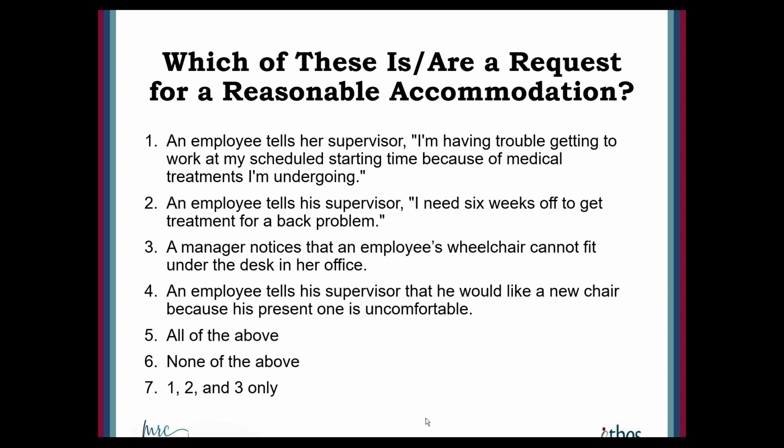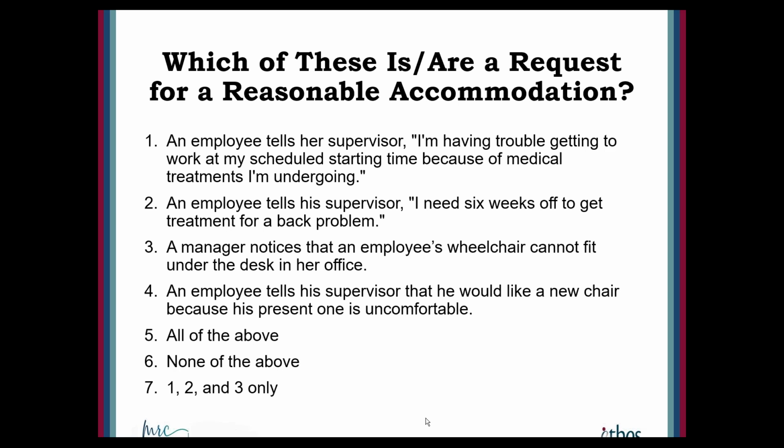right? Now, if we switch it up slightly and say the employee comes to the supervisor and says, I need a new chair because I have a back condition, and this one's making it worse or something like that, then you would go through that interactive process with that person to determine what those limitations may be. Does he need a different type of chair, something like that. But we want to make the connection that the need for accommodation is tied to some sort of medical condition